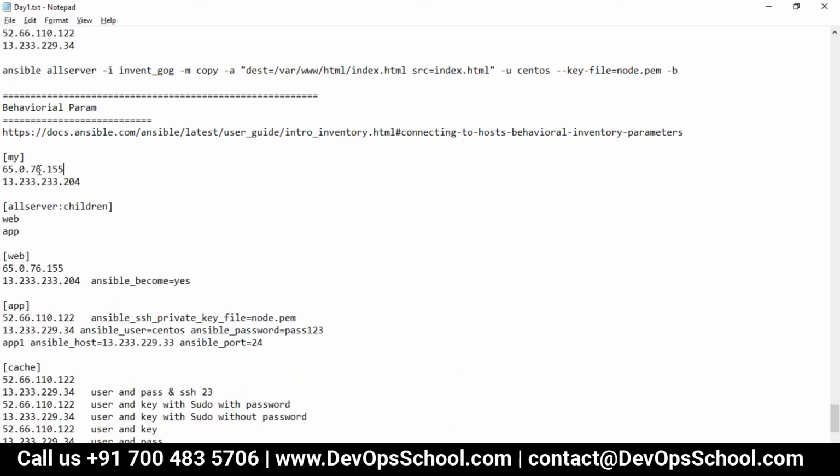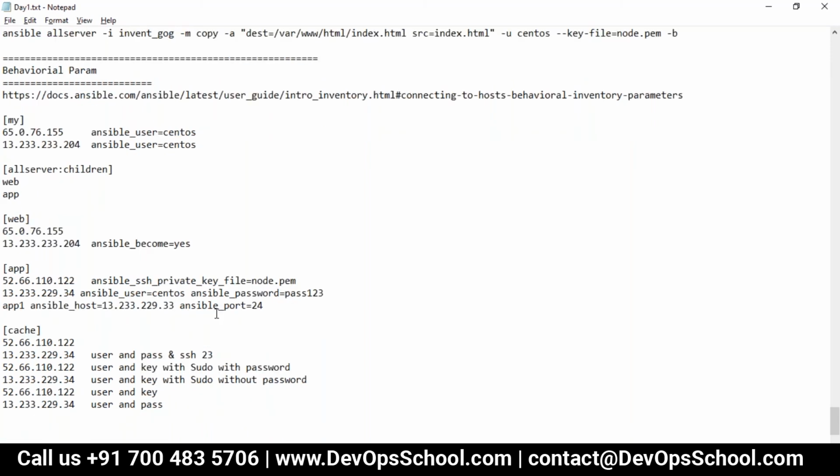And in this, I have a username, which is the one I'm going to use. This is also what I'm going to use here. I have a key file, so guys, for that, these are the options I'm going to use. Space. And I have become true. So where is this? Ansible become yes. That's all.